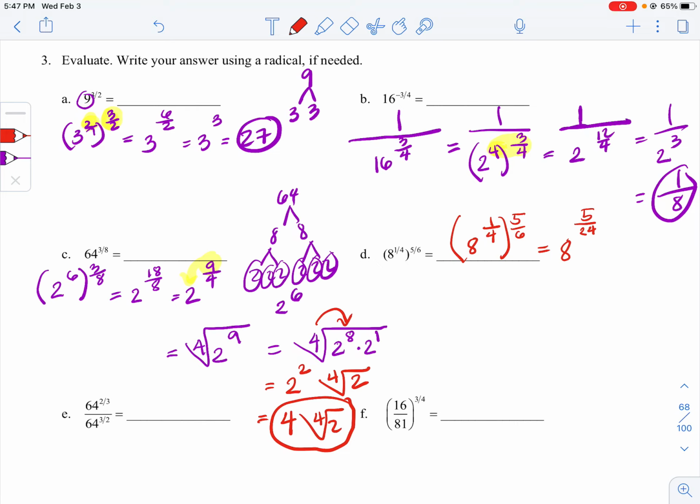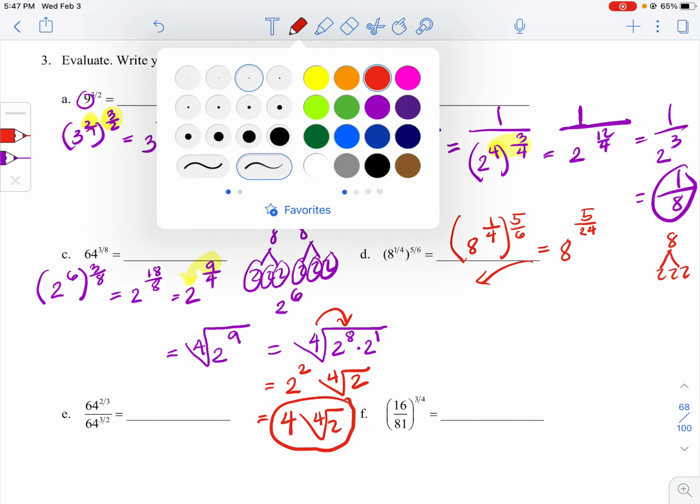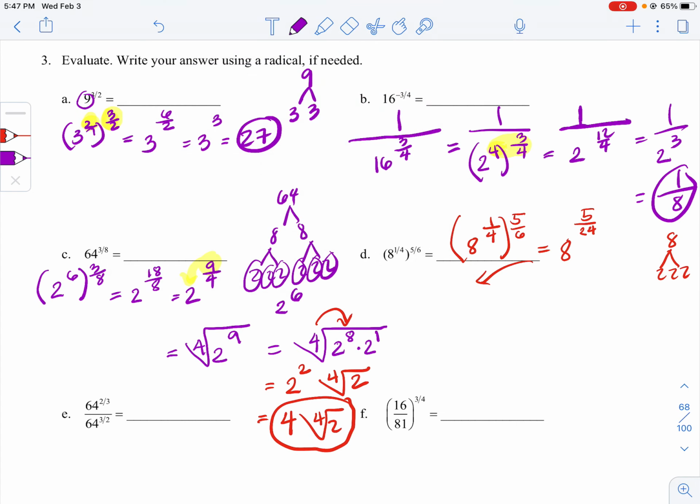Can we simplify 5 over 24? There's not really anything common in that, right? But can I simplify 8? What is 8? Okay, 8 is 2 times 2 times 2. So let's see if we can simplify that into 2 to the power of 3,